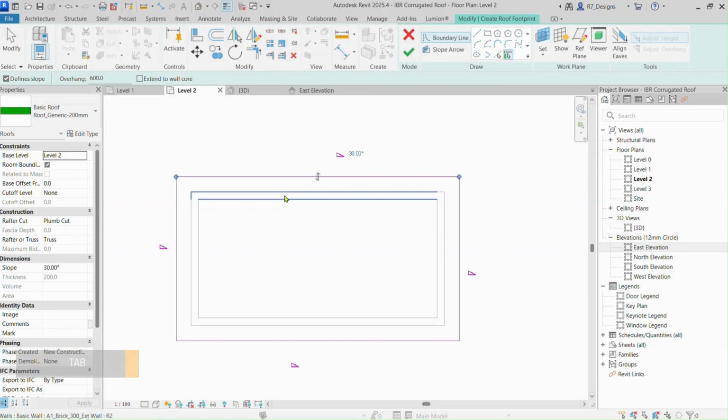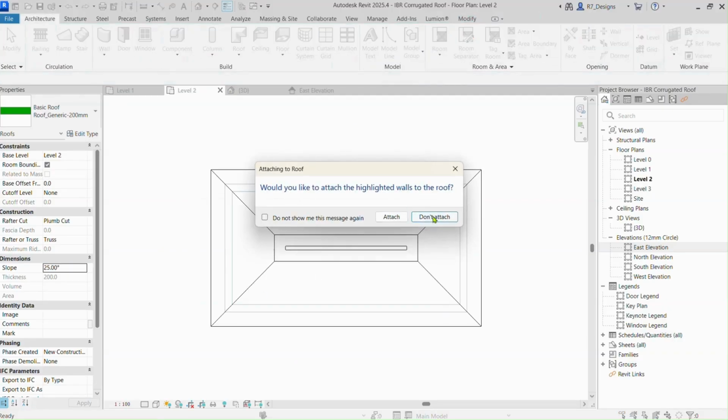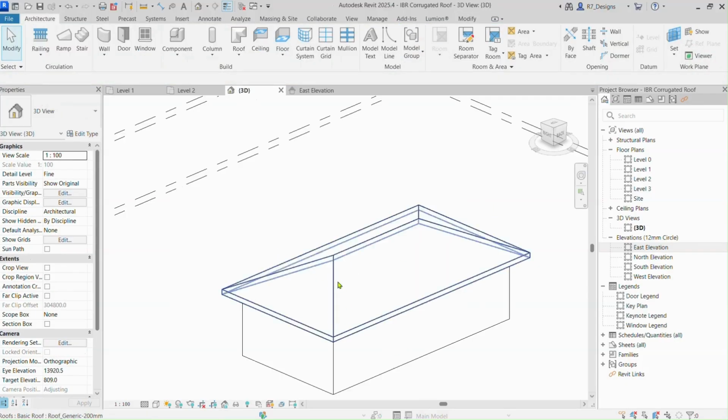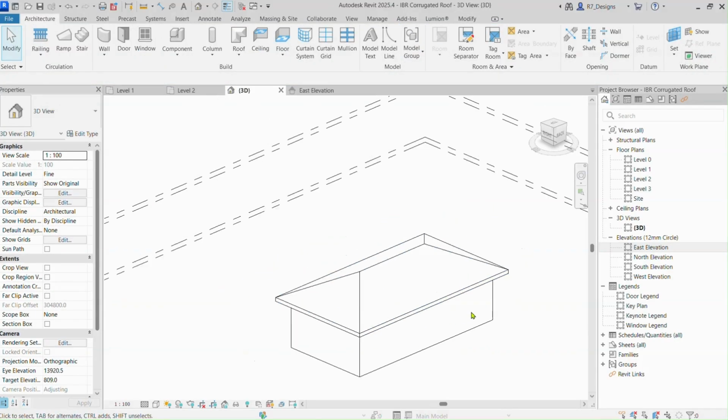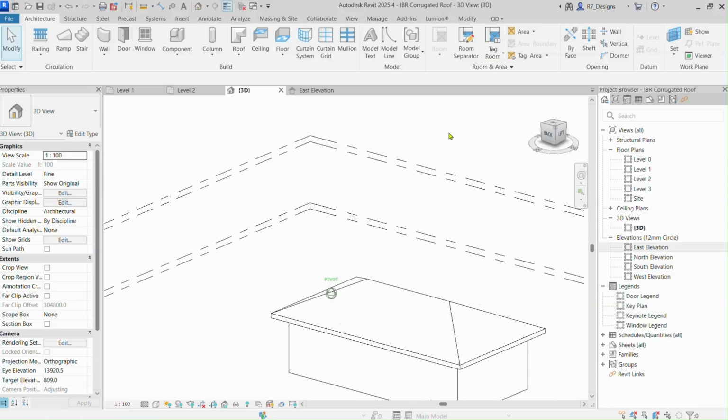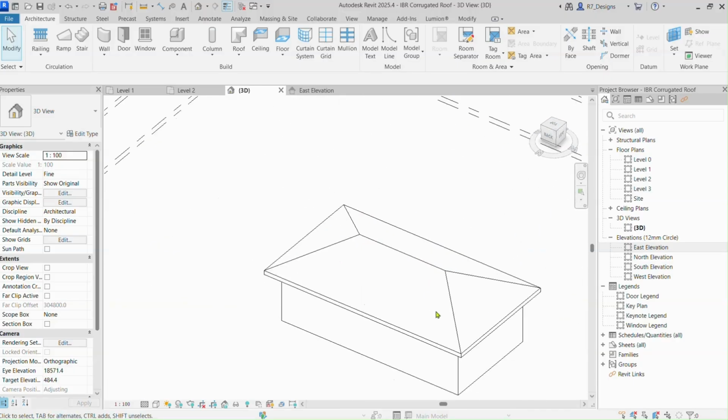Okay, so click tab, then modify, then change the slope to 25 degrees. Then click under search. Let's see. Okay, so this is the hip roof. So what we have to do is to change this into a touch cable. So just going to add a cable here and a cable here.